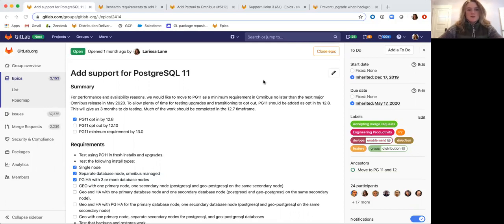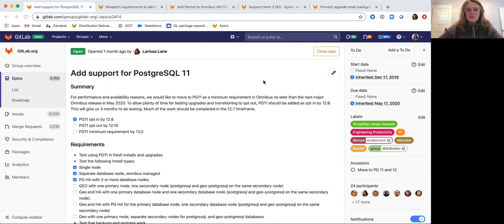In 12.10, we're going to be focusing on continuing progress on some issues that we've been working on for a few releases now, and also preparing for 13.0, which is our next release after 12.10. In 13.0, we're going to be adding a couple of major new updates that need to be added in a major release. So the first thing that we're going to be working on is